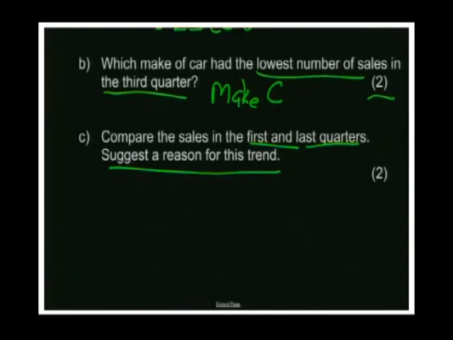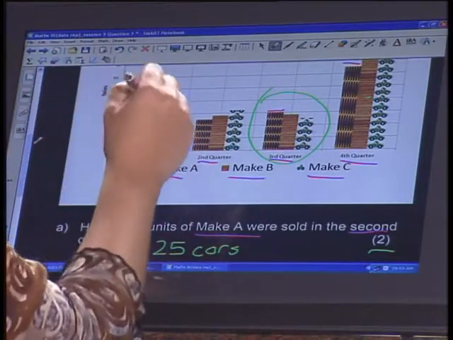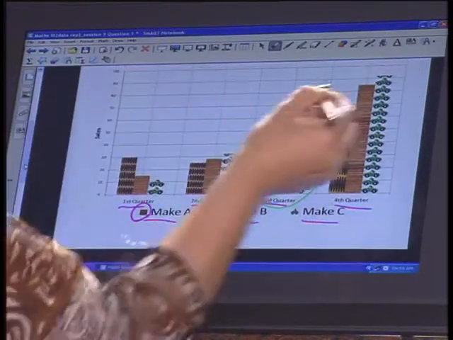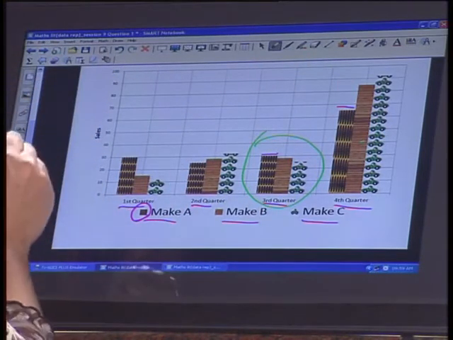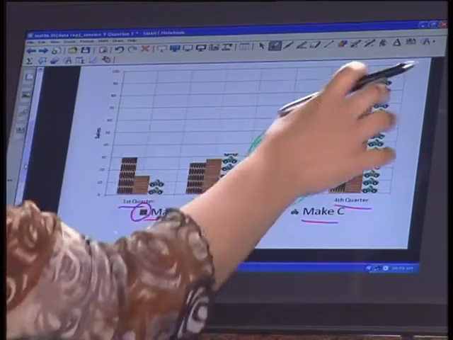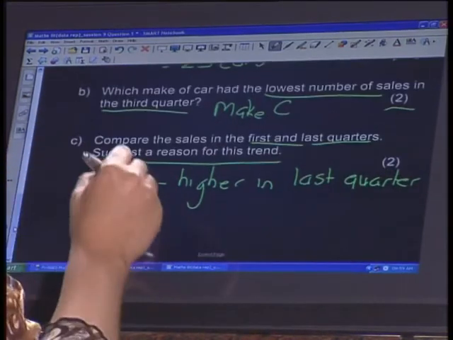So let's write down that answer. So firstly, we're looking at the actual sales. So sales, we can say, are higher in the last quarter. You can add values. You can say that in the first quarter, well, we had 30 of make A, and now we're going up to 65 of make A, but it's not always necessary to add the values. So in this case, I'm going to leave the values out, and I'm going to say, well, my sales in the fourth quarter were higher than my first quarter,